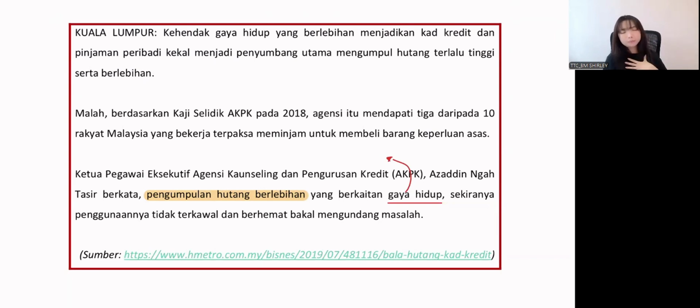So over here, what happened is that, if you are earning about 3,000 and you got the credit limit of 6,000 and you swap all the way until 6,000 already, then when the bill comes out, are you able to pay back the 6,000? It's very difficult because your earnings per month is just 3,000. So right now you need two months of income to pay for the bill. So over here, the gaya hidup is where the society right now